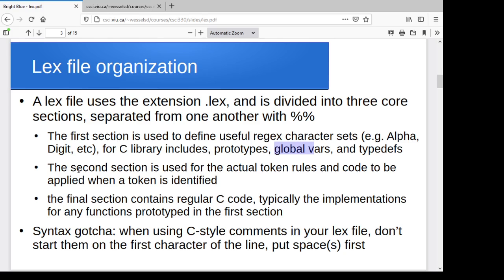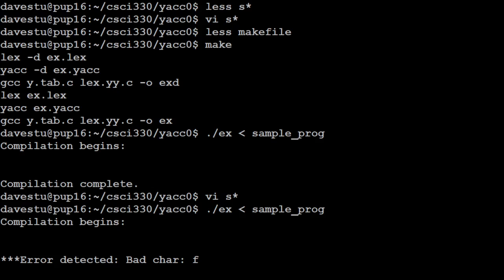And then the second section is where we'll have our actual tokenizing rules and the code, essentially C code, that we're supposed to run when we identify a token. And then the final section will have any of the implementations of functions that we prototyped up in that first section. So essentially these are things that we'll be able to call in that second section if we want to. So let's take a look at that. We'll have a bit of a look at our sample